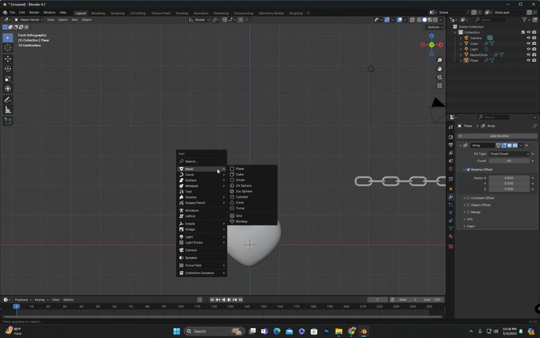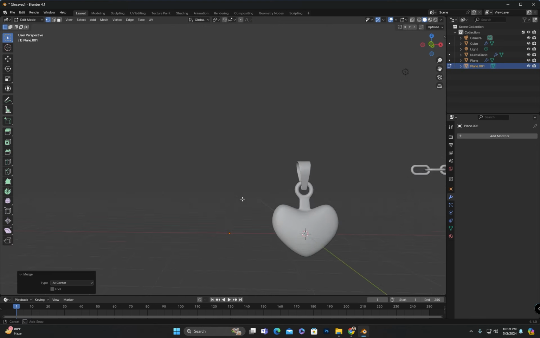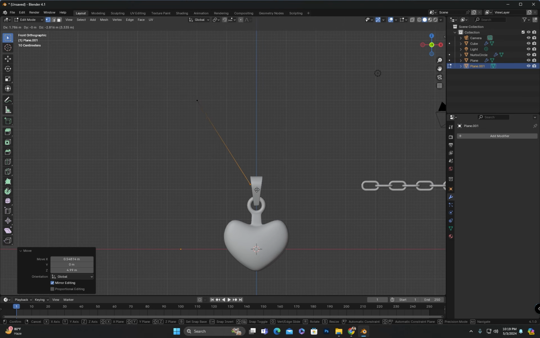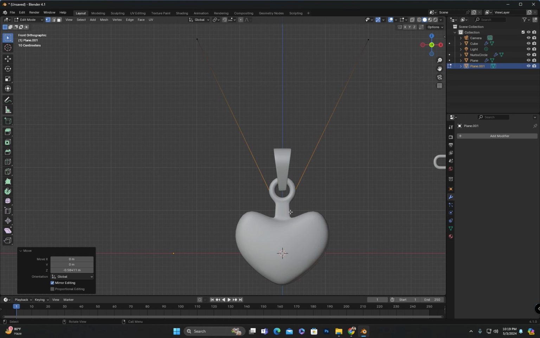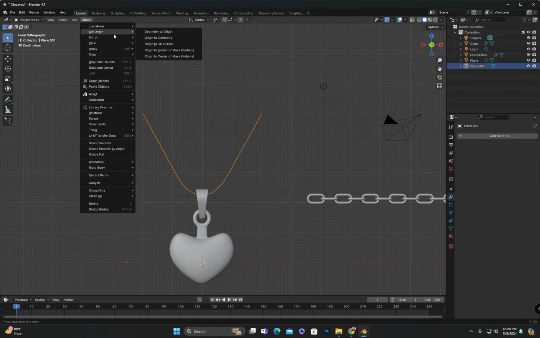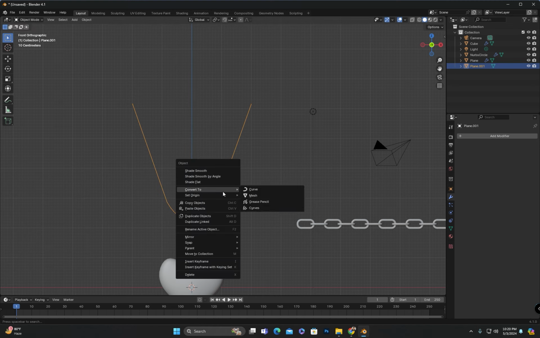Then I will create another plane, merge its vertices and I will have only one vertex and I will extrude it to create a path for the chain. And convert it to a curve.